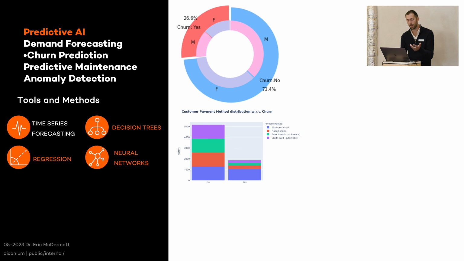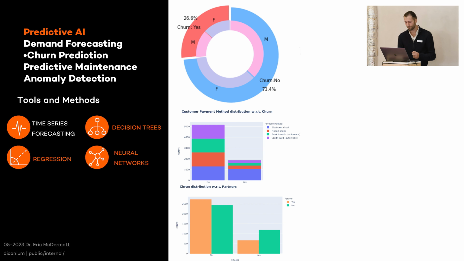We look at, say, payment methods. And here you can see for the first time, on the left side, these are the customers who didn't churn. And on the right side, these are the customers who did churn. And you can see the blue is heavily outweighing the other ones, which means electronic checks have a high rate of churn. That's already a great insight that we found from this basic exploration. As a next thing, we could look at what about if you have a partner? And it seems that those who don't have a partner are about twice as likely to churn as those who do have a partner. So that's already building this profile for us.